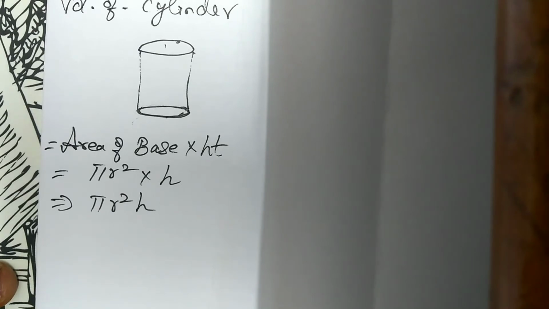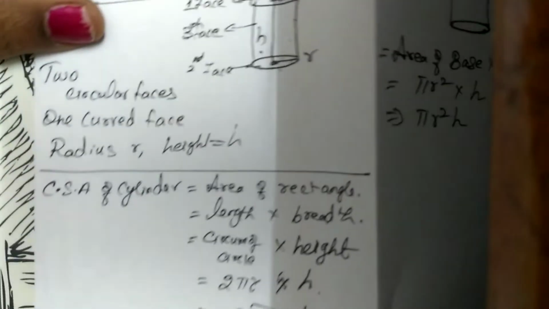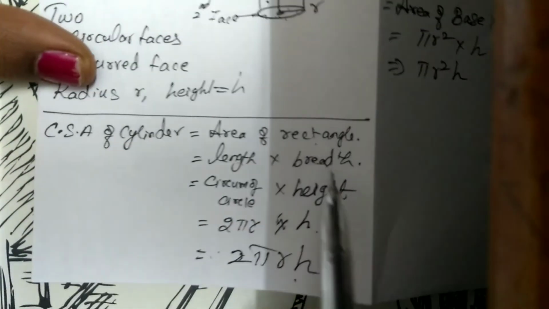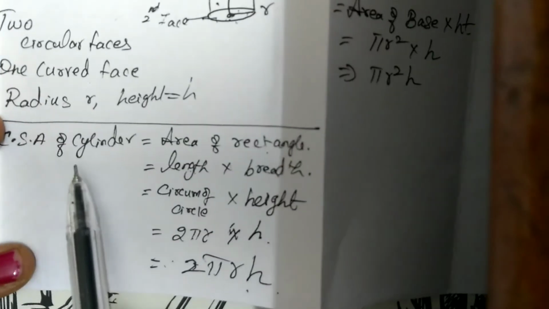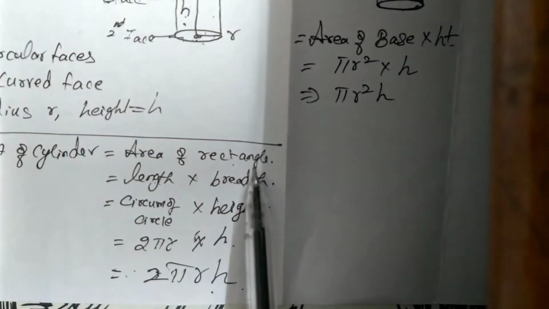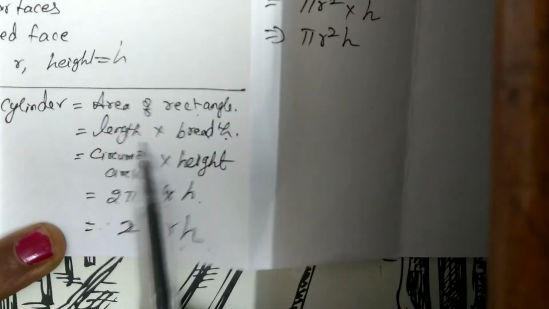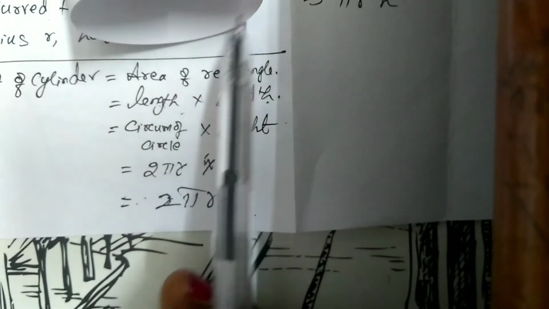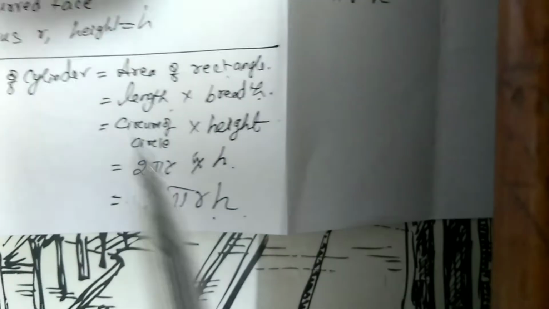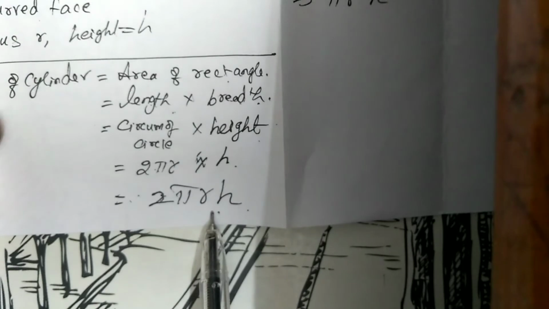So we have done now the curved surface area of a cylinder. By our small paper roll, I have shown you how the cylinder, when you open it up, becomes the area of a rectangle, which is length into breadth. When you close that, when you enroll it like this, the length will become the circumference of a circle, which is 2 pi r, and the breadth will become the height: 2 pi r h.